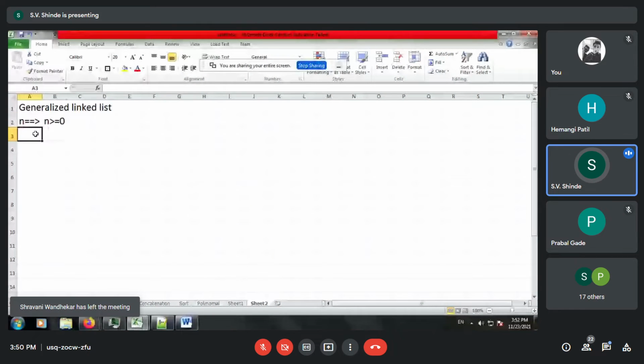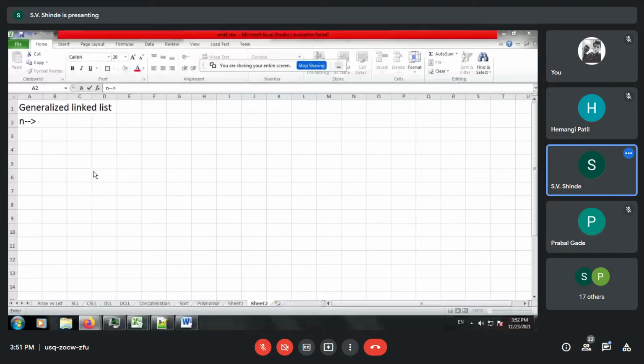So this is a condition. So if n is the linked list, the value of n is always greater than or equal to 0.